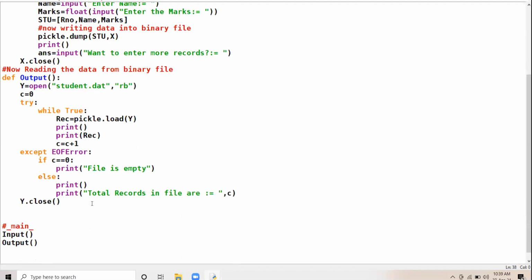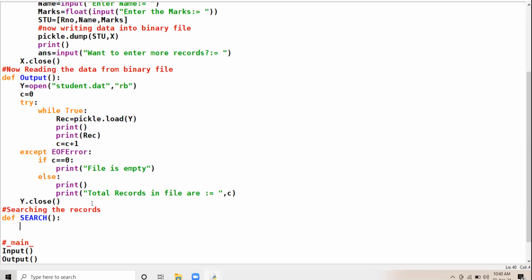After this reading operation, I am going to create one new function for searching the records, where my condition is to display the records of those students whose marks are above 80.